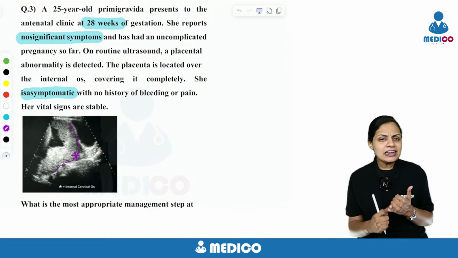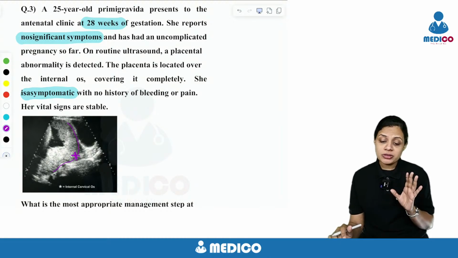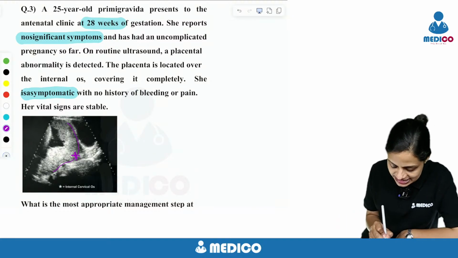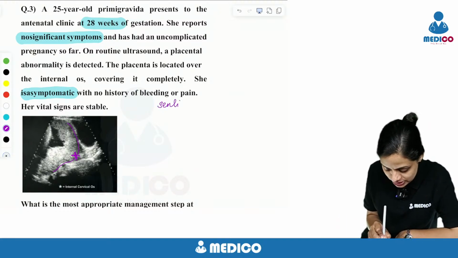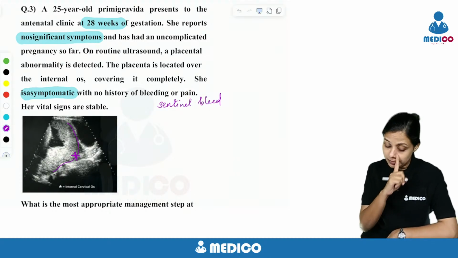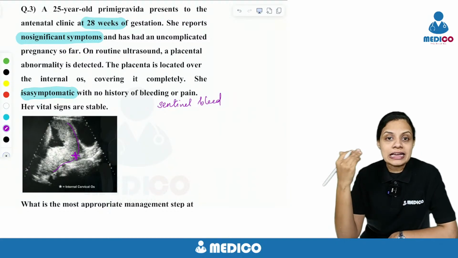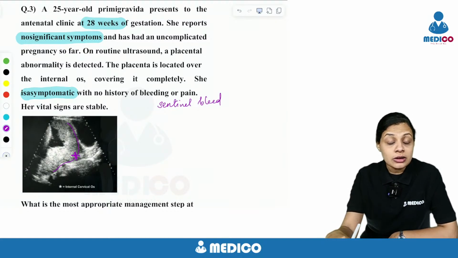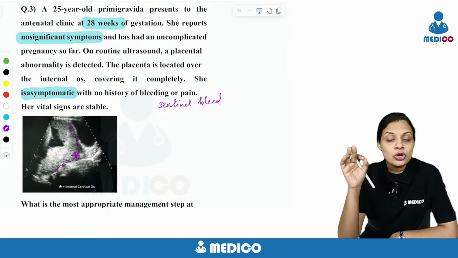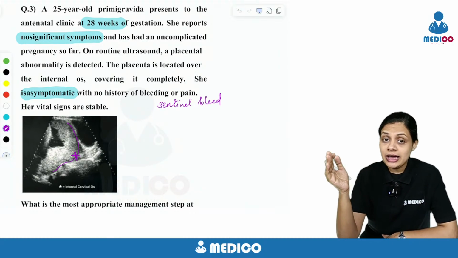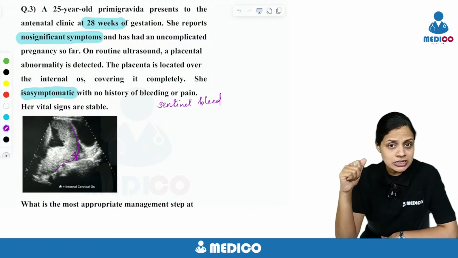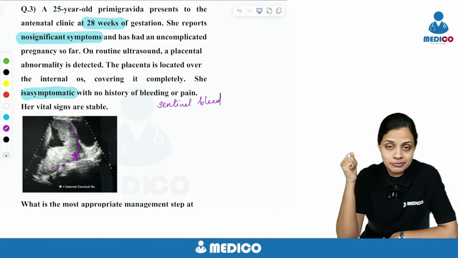First one is painless bleeding PV, which is the most common symptom. There may be a warning hemorrhage or what is called a sentinel bleed. These are the symptoms that you expect. So where do you see a sentinel bleed? It is seen in a case of placenta previa. Or causeless and recurrent bleeding. What do you expect when you examine the patient? When you examine her, you'll find that whatever symptoms she has is proportional to the amount of blood she has lost. That means if she has not bled much, her vitals will be stable.